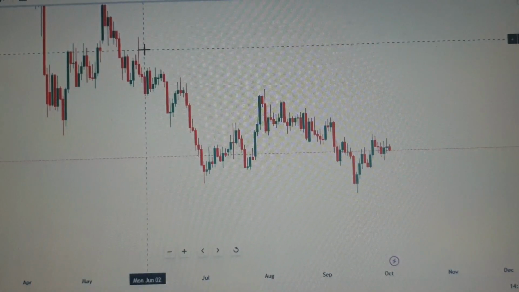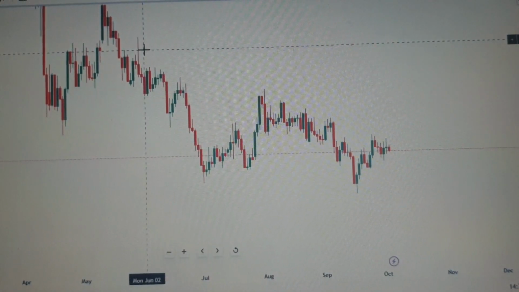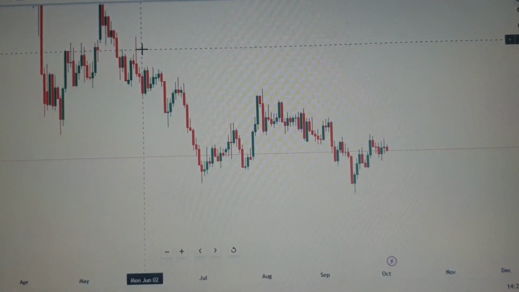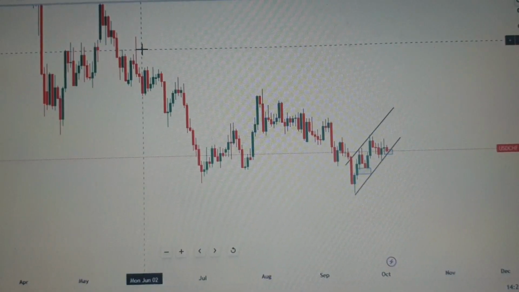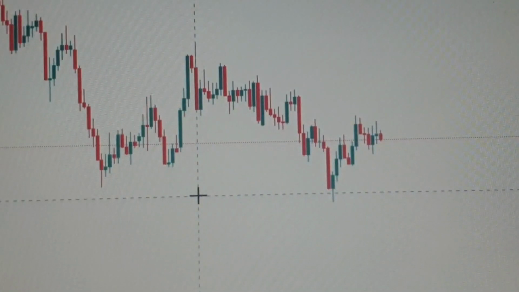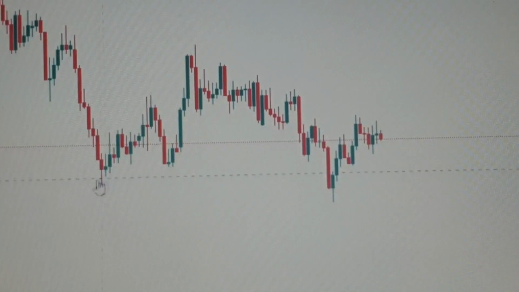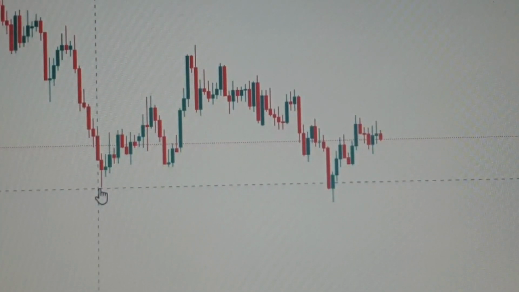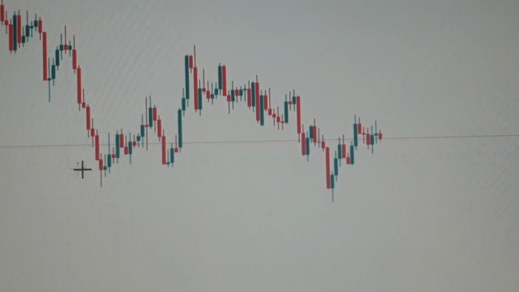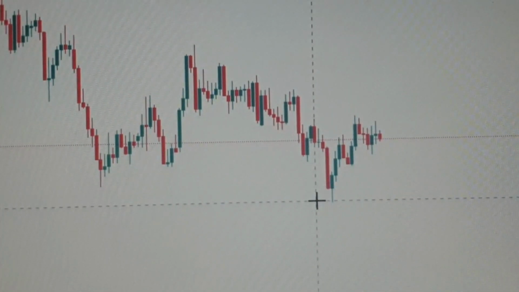USDCHF on my daily time frame, you all know I like to look at things from the higher perspective. So from here we can vividly see what is going on. This is a double bottom here. We have the touch 1 here and then the touch 2 here. All right,